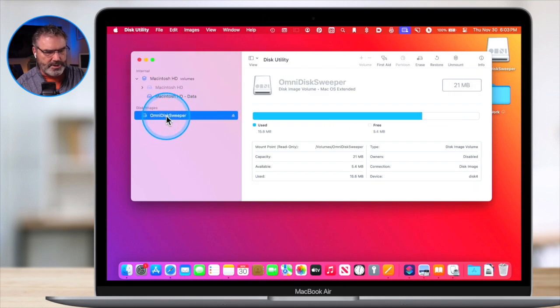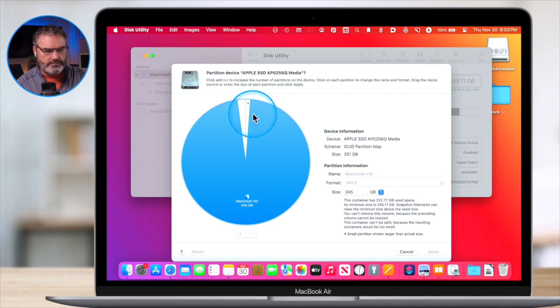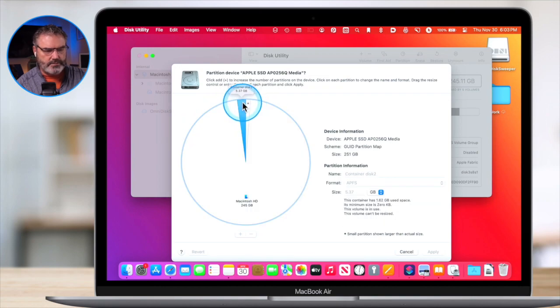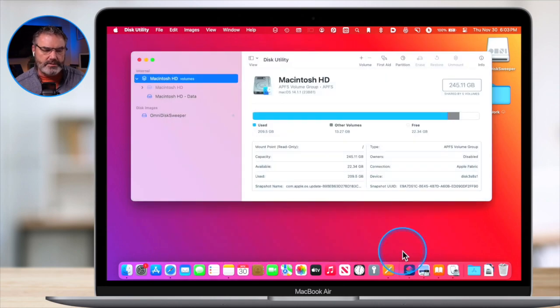Let's see if I won't be able to partition, but I won't partition this, but this is my main drive here. I just go to partition, and you just go and select what you want to. I don't have enough space. This is my main drive anyway, but you should be able to just select it and partition it. And if you have enough space on there, it doesn't have to erase the drive. Of course, you're partitioning it, so make sure that there's nothing on there that you can't absolutely lose. You probably won't, but make sure that there's nothing on there. Otherwise, there's a chance that you could lose it.